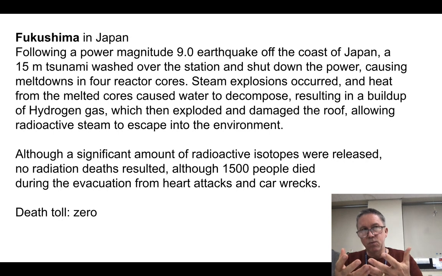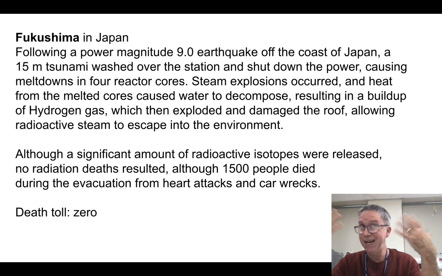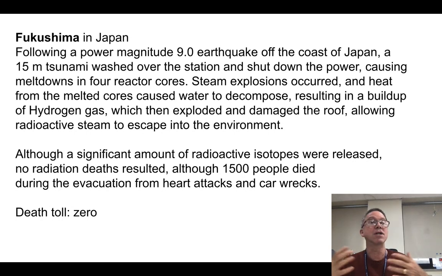So now you have the water in the reactor core getting so hot it's decomposing into hydrogen and oxygen. But there's a containment structure, and inside this containment structure, you're building up hydrogen. Hopefully, your chemistry teacher showed you what happens when you ignite hydrogen, but it explodes. Now, it's not a hydrogen bomb like an H bomb, but it's like a hydrogen explosion. And that explosion blew the lid off these reactors and released radioactive material into the countryside. All right. So, there was a significant amount of release.